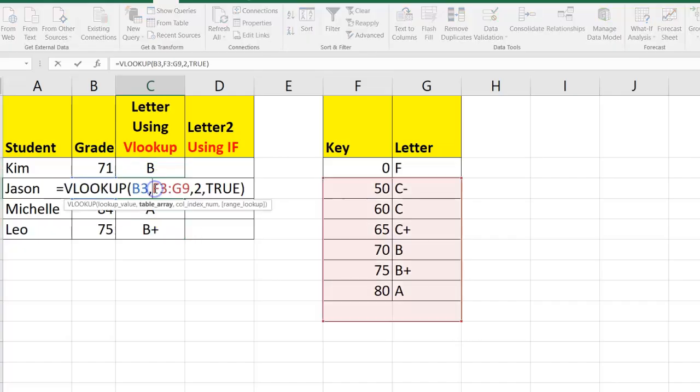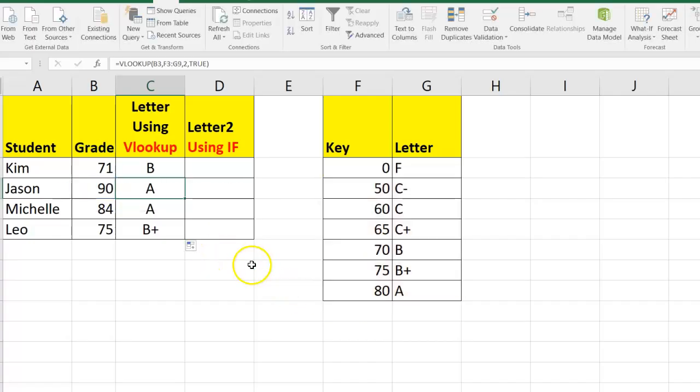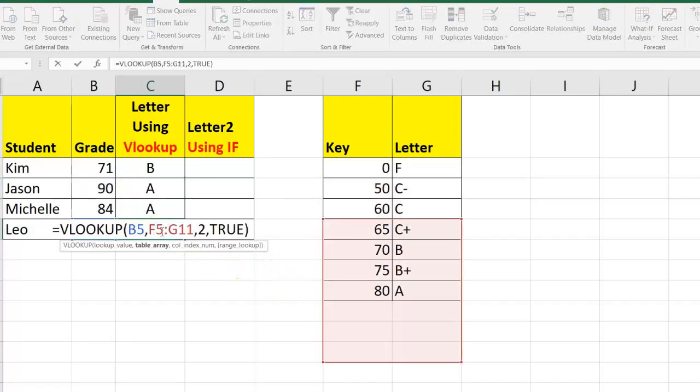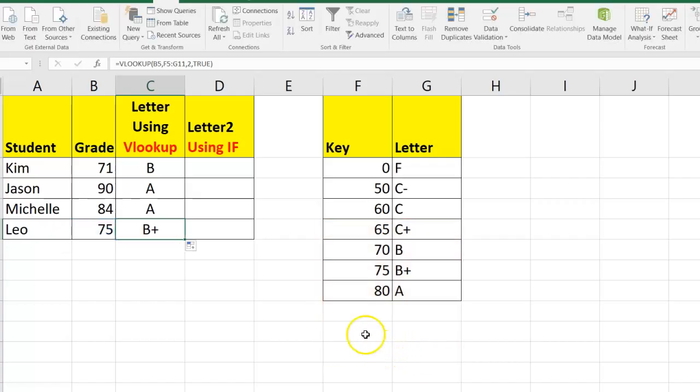Now it is showing that the table array is from F3 down to G9, which is not correct. That's not the table array that I want to use. And let's look at the table array for this one. It's from F5 down to here. So the point is, whenever you're using a table array, it must be made absolute. Otherwise, it will change and you'll end up with wrong results. So for example, say I put in 25 here, it's not going to give me the F because